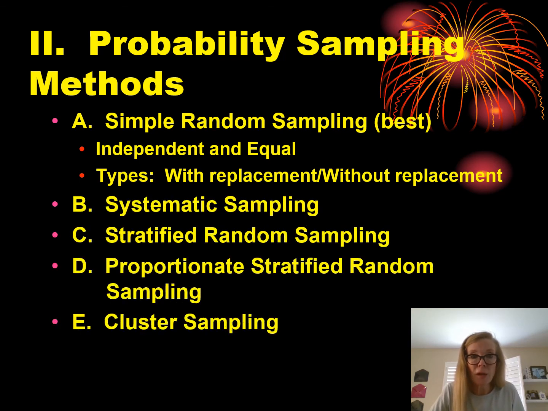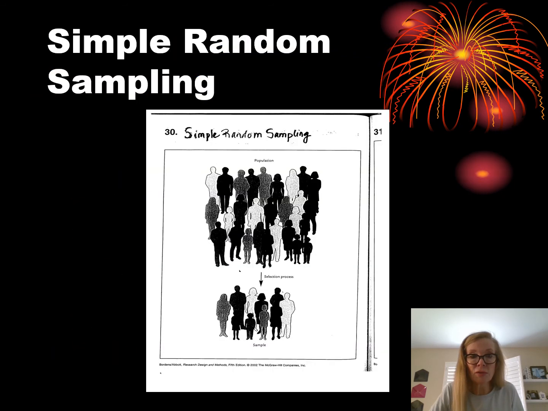These are the other probability sampling methods. When I show you the little graphic, it's a little grainy, but it's a visual of simple random sampling. So here you have this target population of all these variegated people. You've got people of all genders, of all ethnic groups, of all ages, of all sizes. And it's not just demographic characteristics, it's characteristics that you can't see. You've got people who are more depressed and less depressed. You've got people who are happier and sadder and angry and aggressive and kind and sweet, whatever, internal and external